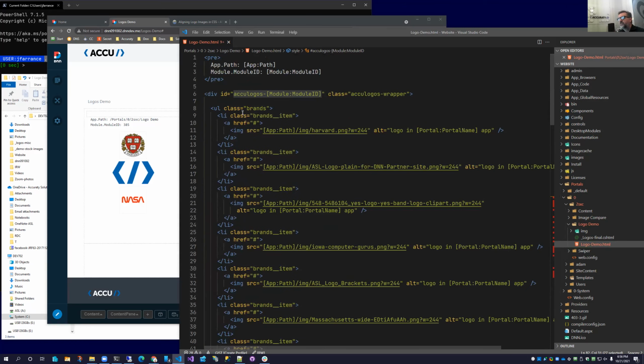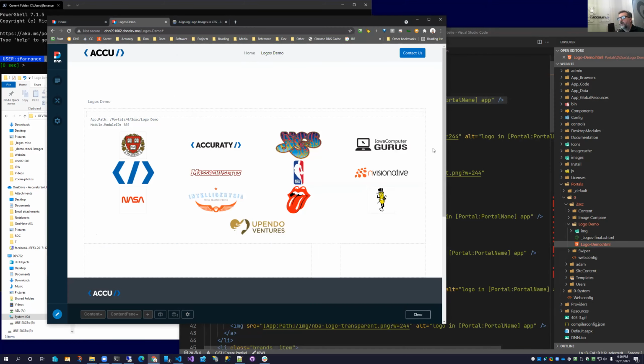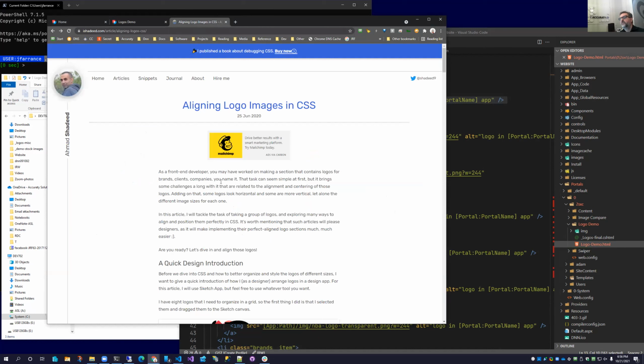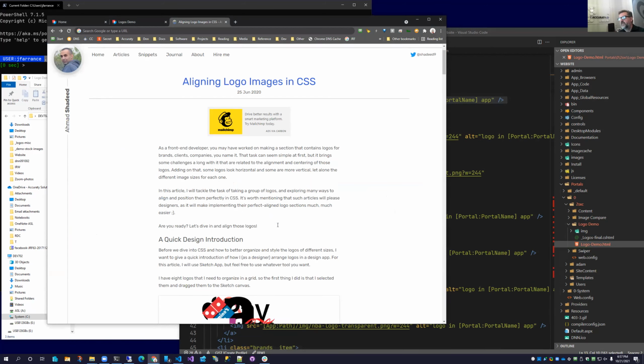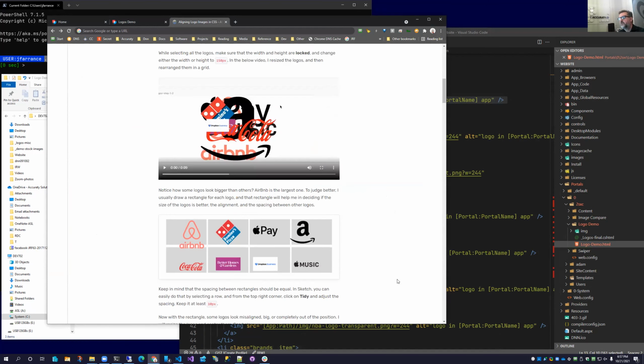So there's not much here. There's a div, a UL, and a bunch of LIs repeating. So the reason for this is because what we're actually doing is taking this article, and I'll paste that into the chat so you can see it. I meant to do that sooner. But that article is for learning CSS and doing arrangements, and they're showing off one of the very common things.